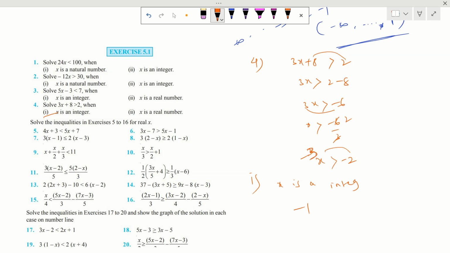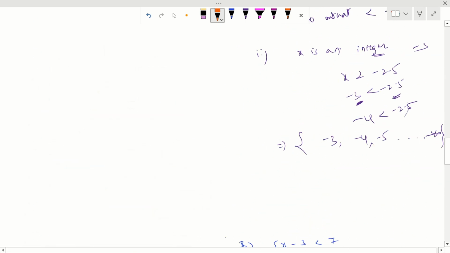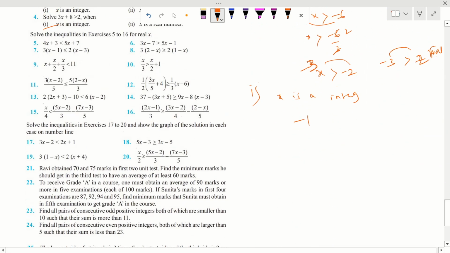-3 is not greater than -2. Okay, -3 greater than -2? Okay, -3 is not greater than -2. This statement is true. This statement is false. This statement is false. Okay, I have mentioned that. So